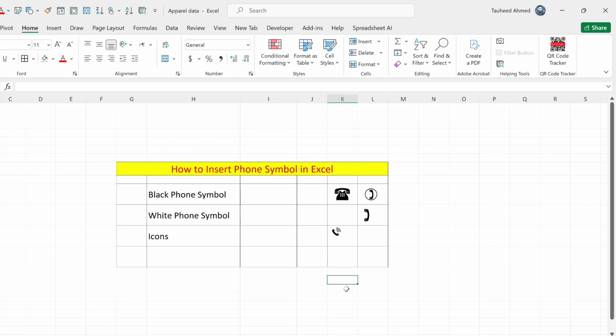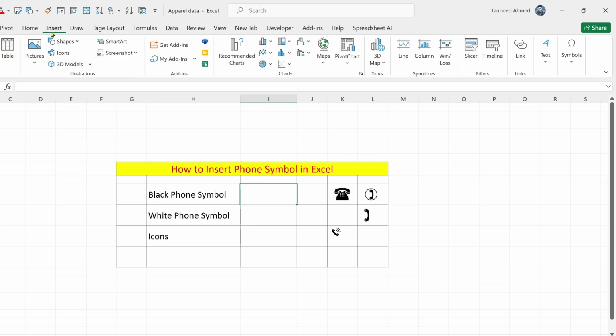If you are looking for how to insert font symbols in Excel, then don't skip this video. If you want to insert a black phone symbol like this one, how can you do that? You need to click on Insert on the top menu bar, and on the right side click on Symbol,